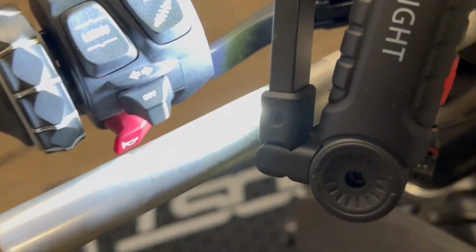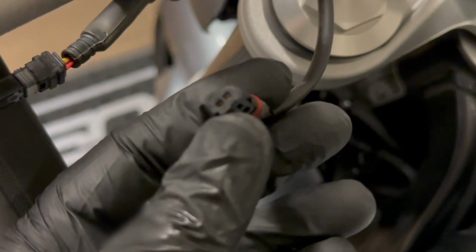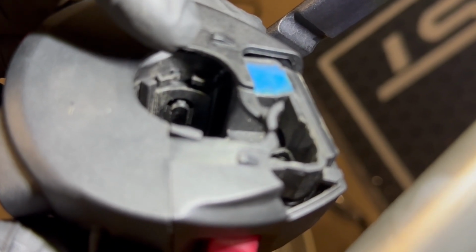A little note, once you pull it out, there will be two cables. This one for the heated handlebar, with the heated grips, and this one for the controls. Just pull these two cables, which are attached here. You can see the two little connectors down there. Then inside there is a clip. I hope you can see that there is a clip. You need to undo that clip in order to extract the grip from the multi-controller. And you just slide it out